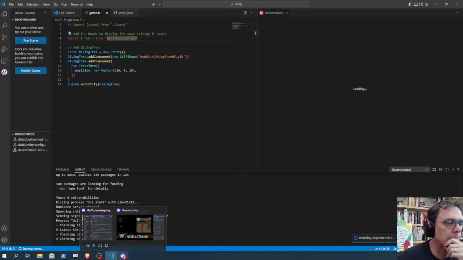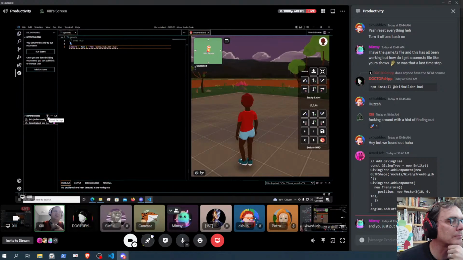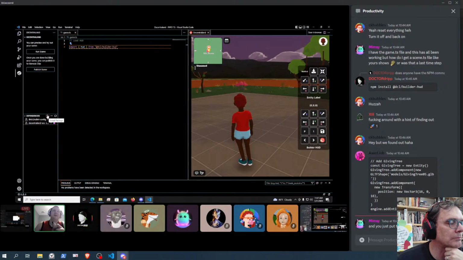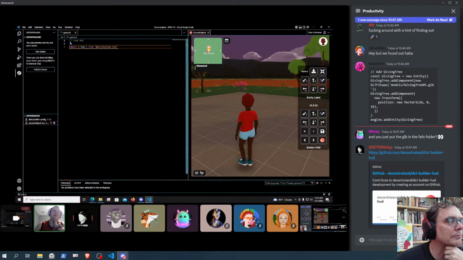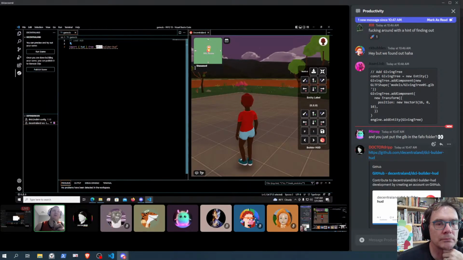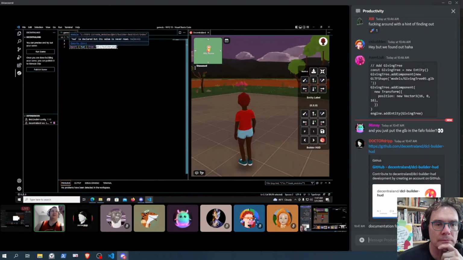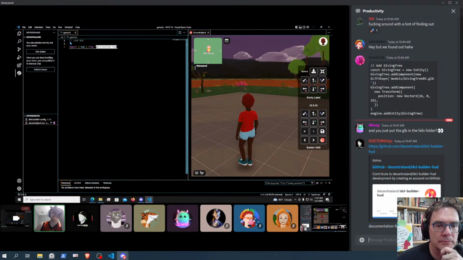If you're looking at dependencies, there's a little addition symbol to install a package. If you click that, there will be a little box at the top that'll appear. In that box, all you need to do is copy @dcl/builder-hud and paste it into that box.